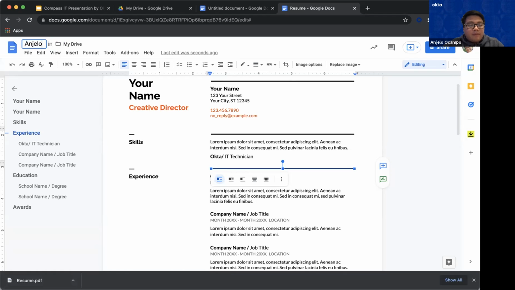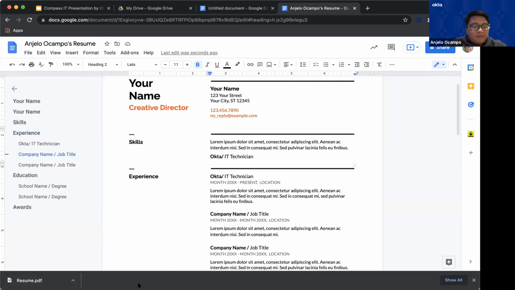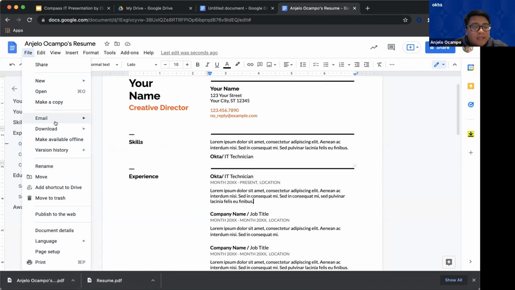You could change this to whatever you want. Preferably do this before you save it like I did. But for example, I do resume, click on file, let's do this again, save PDF. So the reason why you would use PDF is because it's universal to everyone, where you can see the file, and no one will have a hassle opening this compared to other file extensions that are on here.